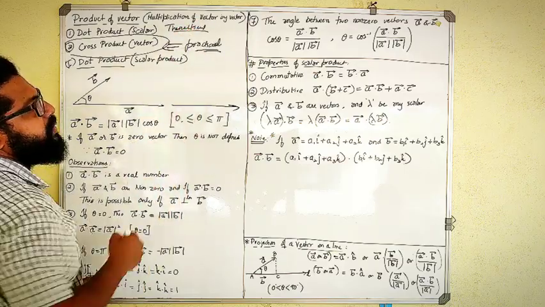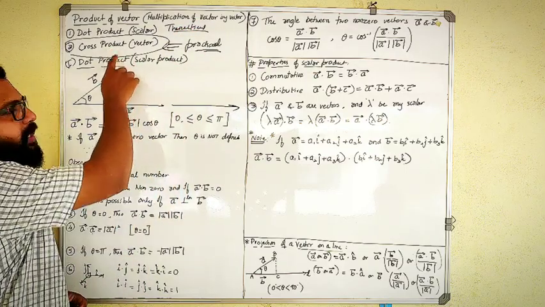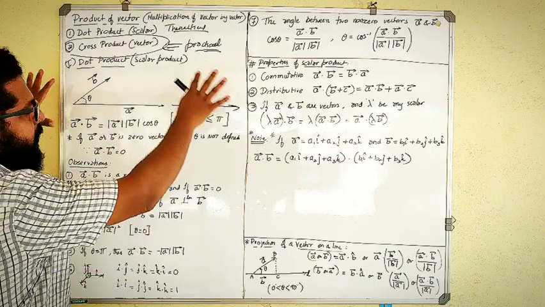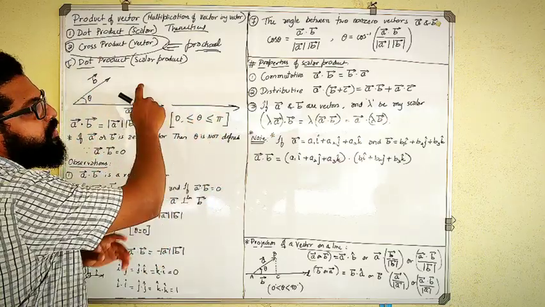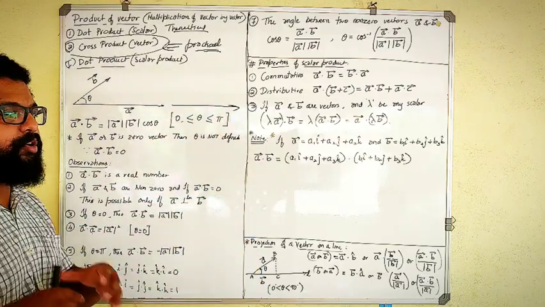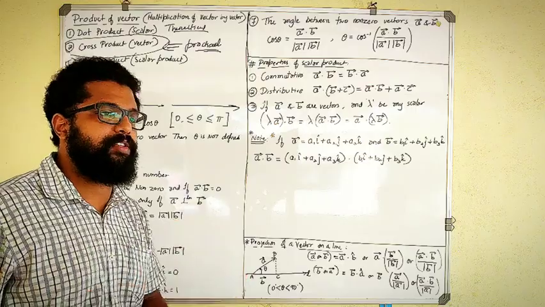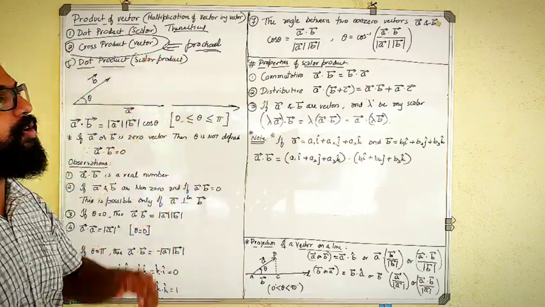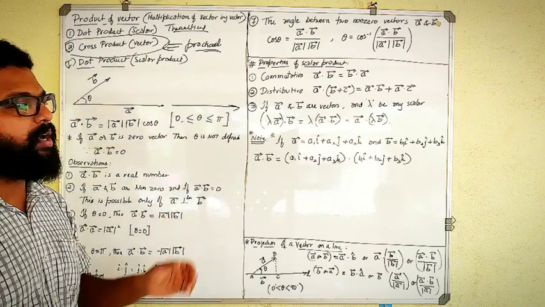Okay, which means I can imagine cross product, but I cannot imagine dot product. Clear? So, remember it as a theoretical concept. Dot product is a theoretical concept, and when you come to cross product, it is more practical. You can think and imagine what is actually happening in a cross product. And cross product finds a lot of applications when compared to that of dot product.